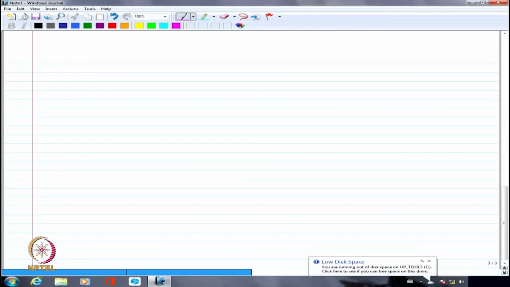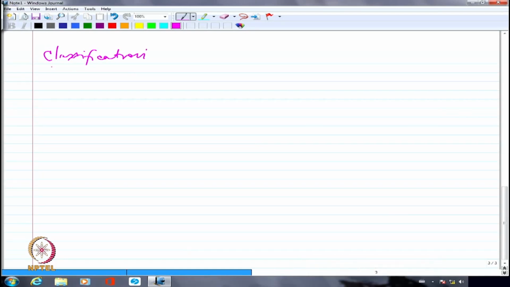So let us try to look at another variation or classification in the transformer, which is single phase and three phase. Single phase transformer is commonly used only in domestic applications. Hardly ever would you see the single phase transformer in transmission or distribution application. Whereas three phase is always used in all transmission